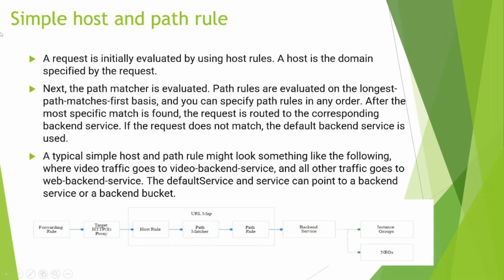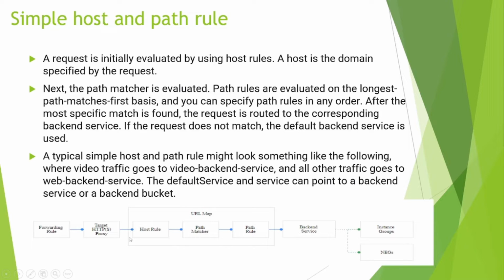As we have seen in our previous examples, when we add backends, we have the option of simple host and path rule, and one more option which is advanced host and path rule. We have already covered simple host and path rule, but I will give a brief recap. The traffic will hit our forwarding rule, your load balancer IP or domain name, which will forward the traffic to our HTTPS proxy, which is our load balancer only, and it will forward the traffic to the URL map. It will determine where to send the traffic. There are multiple backend services, so it will be determined by the URL map only.